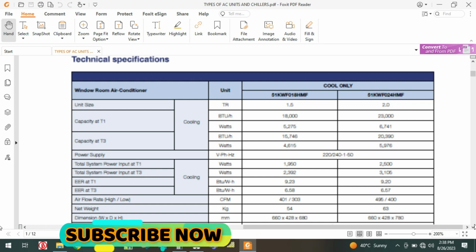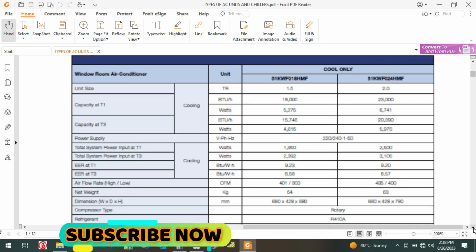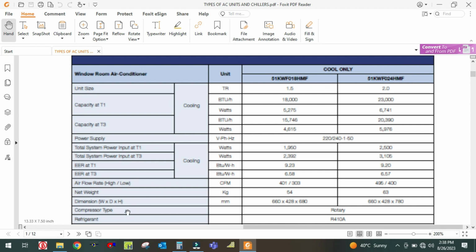So I hope you guys learned. And also here the compressor and its type is given. In both these ACs there is a rotary compressor, and the refrigerant is R410. R410 is nothing but